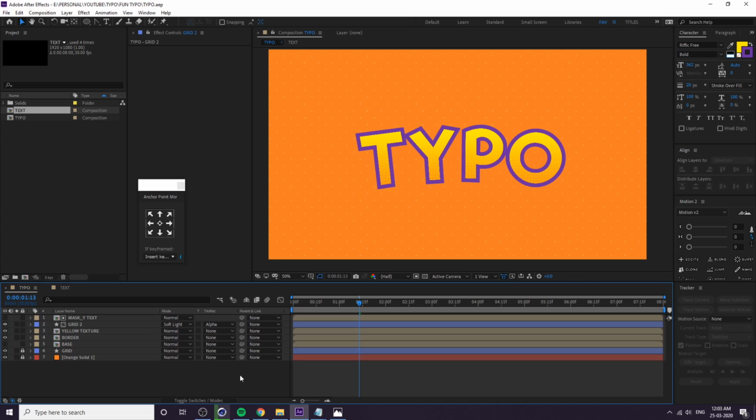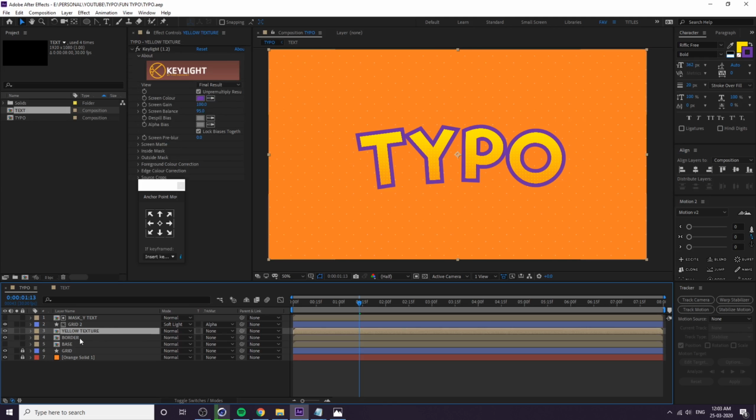Anyway, we are done with the basic texture. Now we have to add 3D depth and some extra effects. That's it. Now select the border yellow texture and press Control D to duplicate. Before using it, you can just change it into the yellow only, and Control D, duplicate the yellow, and